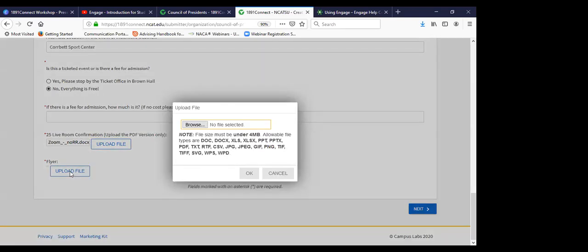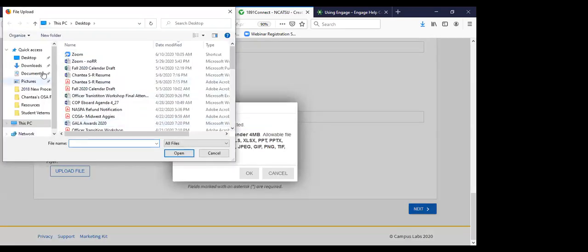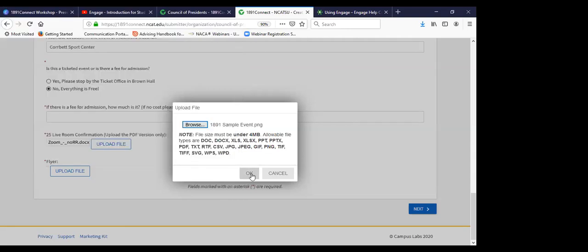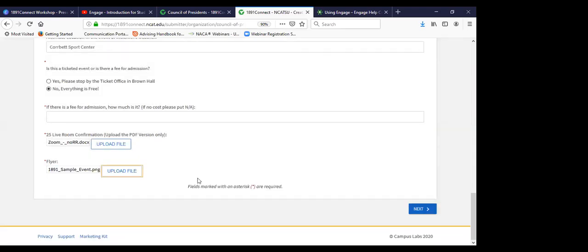And then it will ask you to upload a copy of your flyer as well. So this is also how we will do flyer submissions for the year. So you just upload, again, a quick sample or the actual full version of your flyer. Students will be able to do two things. They will be able to access your room confirmation, and they will be able to access your flyer, the full flyer. As you will see on this next page, once you hit next,